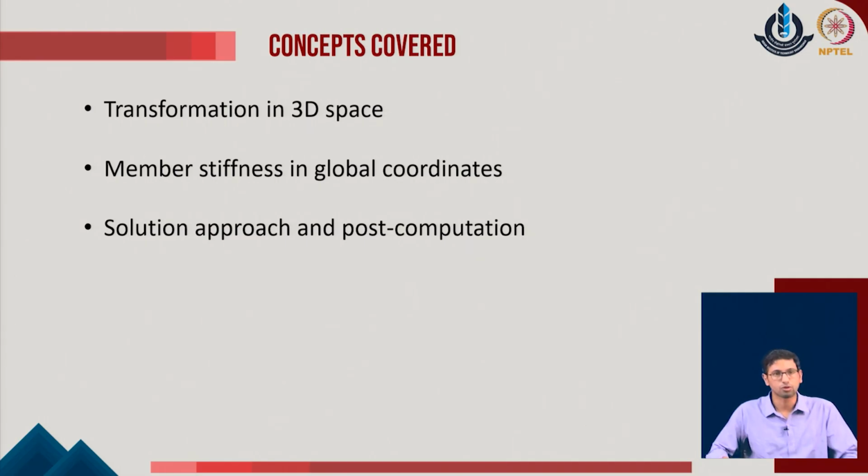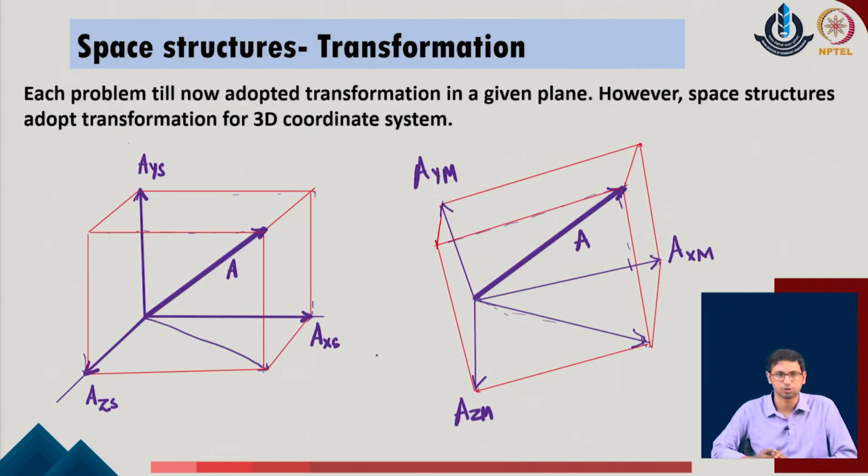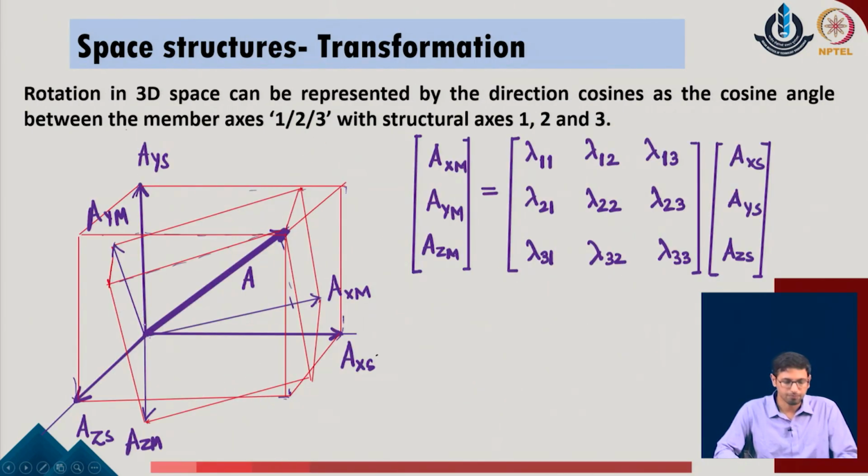As a first part, we will look at the transformation in the 3D space. If we look at a 3D object, up to now whatever calculations or structures we were dealing with were all defined in one given plane. So the members of the given structure were always in a given plane, whether it was a plane frame, a grid system, a plane truss, or the beam structure. Now the moment we have a 3D structure, we typically can identify it in a manner that say this is the origin point.